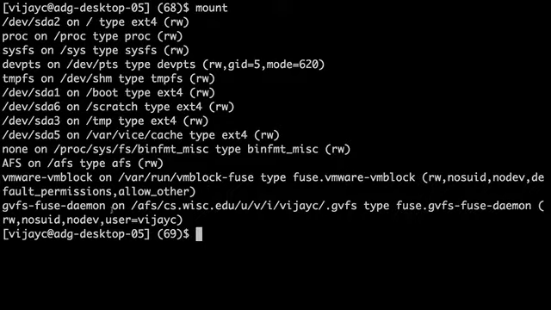Let me see which ones. So look at this, for example. We have the Scratch folder, and then it's running on this block device dev/sda6, and it's of type ext4. Okay, so I can only create hard links between two files in Scratch, or two path names in Scratch, because the hard link will be related to some number like x, and that x only makes sense to Scratch.